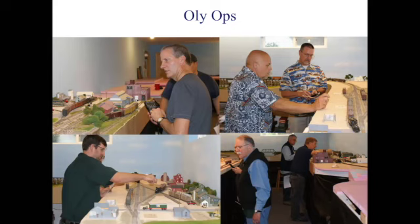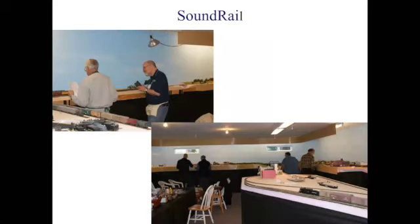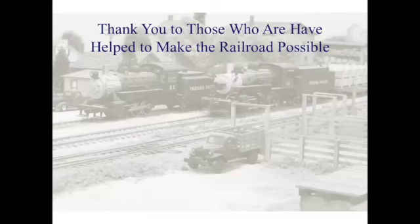These are from a couple different sessions. You probably know some of these people. I've participated in every Sound Rail since 2014. So now I want to do a shout out to those who have helped make this railroad possible. When I started building this railroad, I originally planned to work by myself. I didn't want to have work parties. I didn't want to